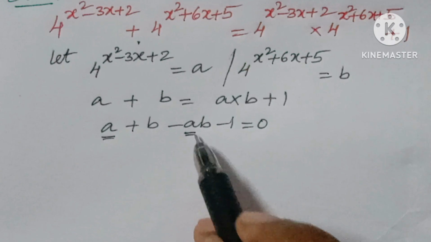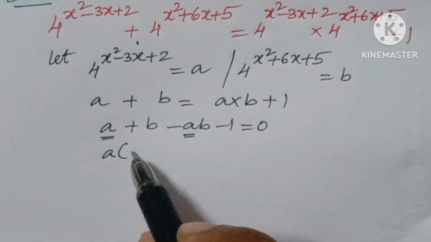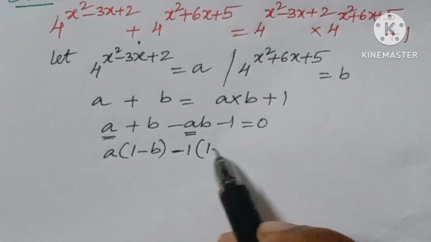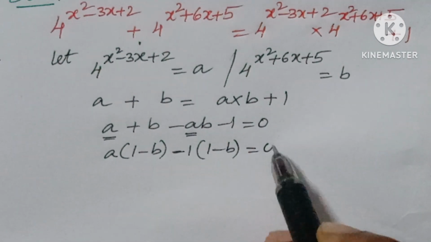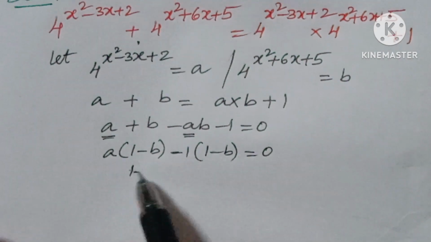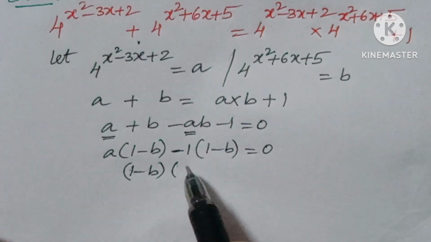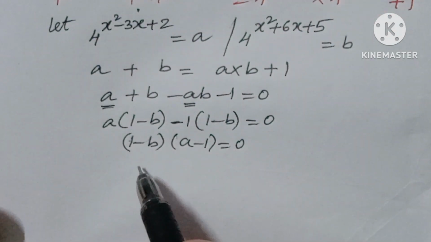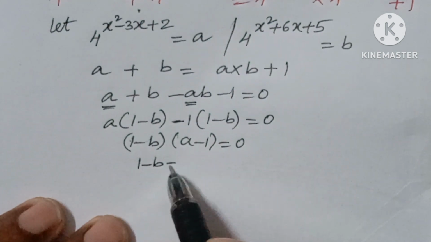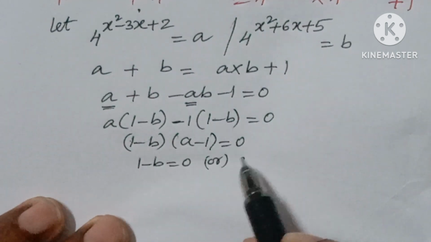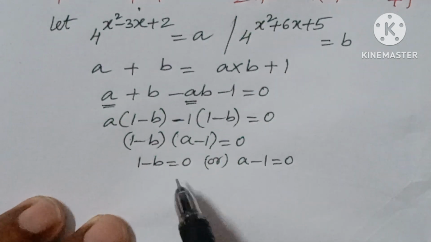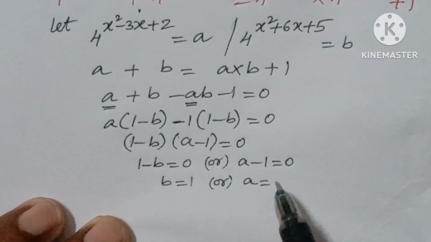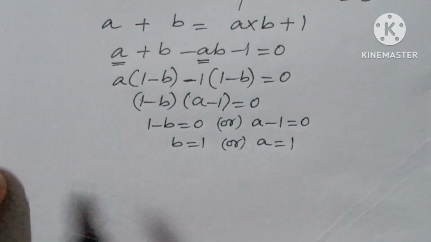Now here you can take a common: a(1 − b) − 1(1 − b) = 0. Now here (1 − b)(a − 1) = 0. From this you can write 1 − b = 0 or a − 1 = 0. That implies b = 1 or a = 1. Now first of all we'll take